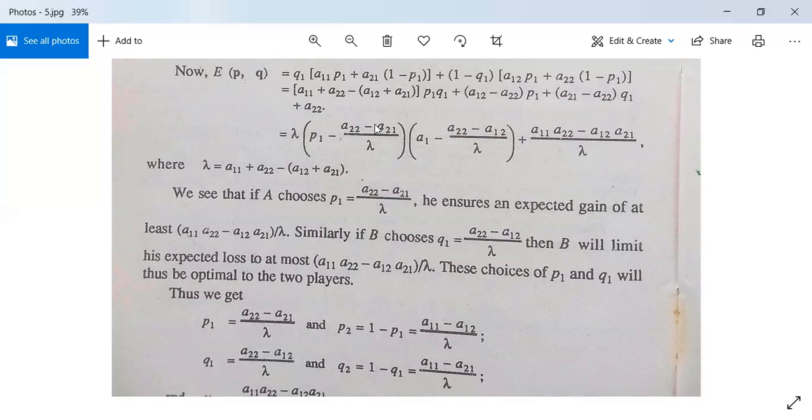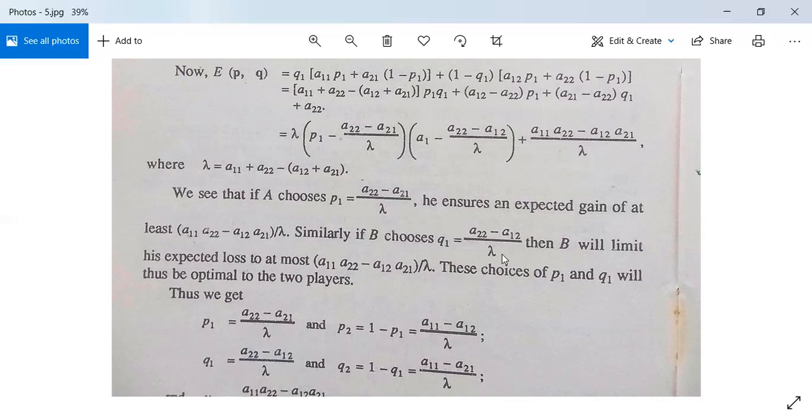तो इस फॉर्म में हमको मैनिपुलेशन के बाद मिल जाएगा। अब देखो, if A chooses P1 is equal to A22 minus A21 by lambda, यानी कि P1 की वैल्यू यही ले लिया जाएगा, then this will be 0. So EPQ will be this one only, A11 A22 minus A12 A21 by lambda. He ensures an expected gain of at least A11 A22 minus A12 A21 by lambda. तो अगर P1 की वैल्यू ये लेंगे तो EPQ मिलेगा इतना गेन।